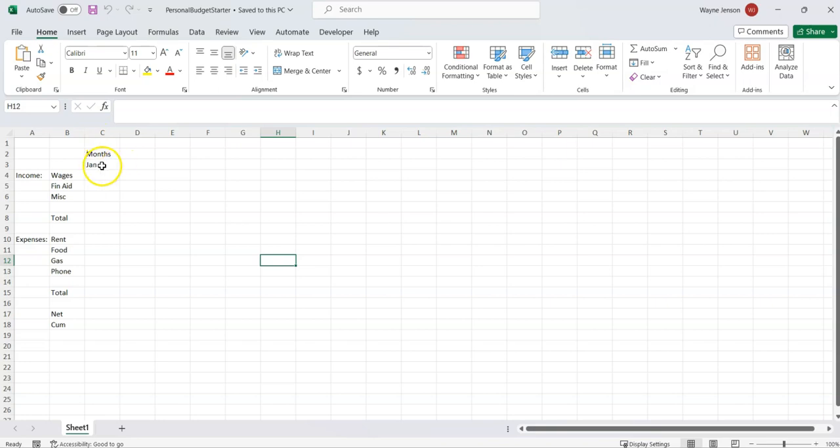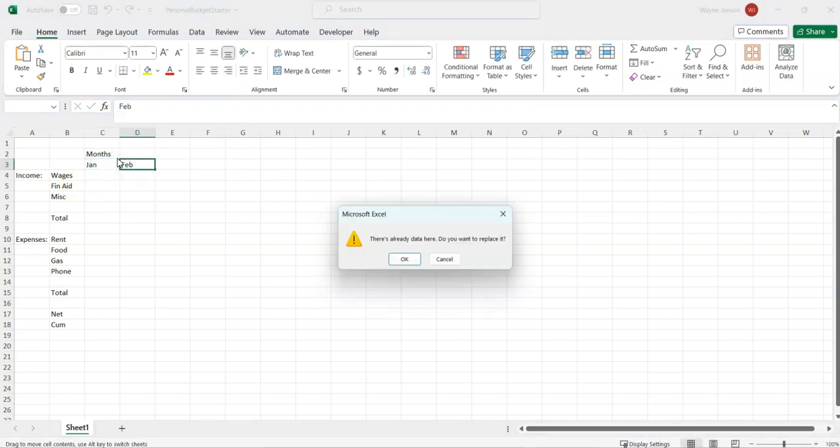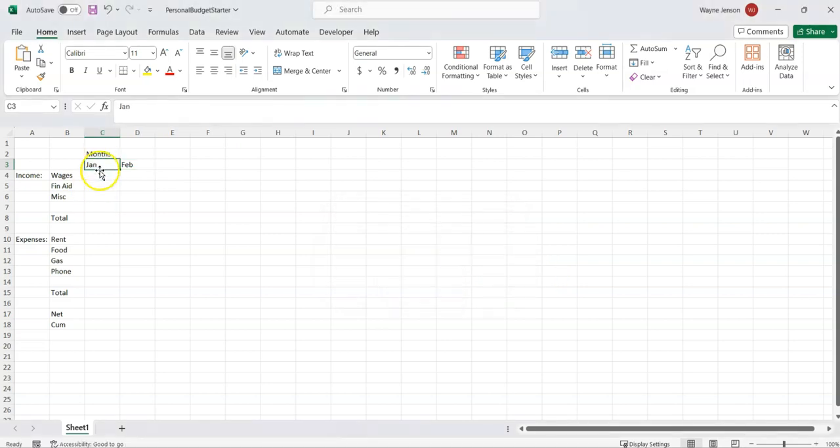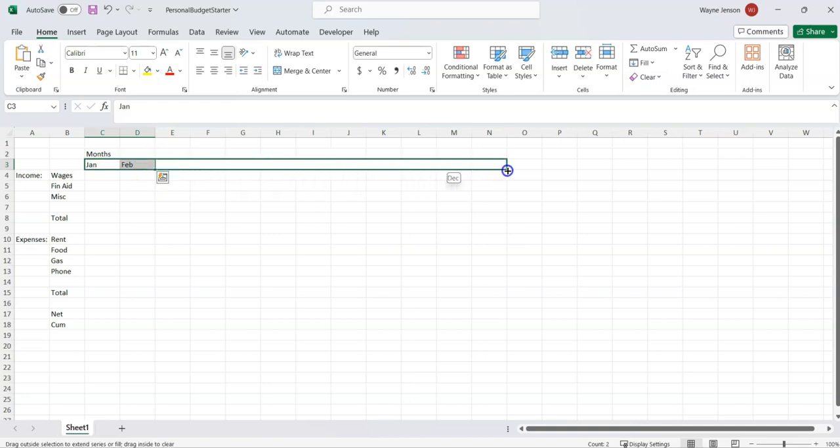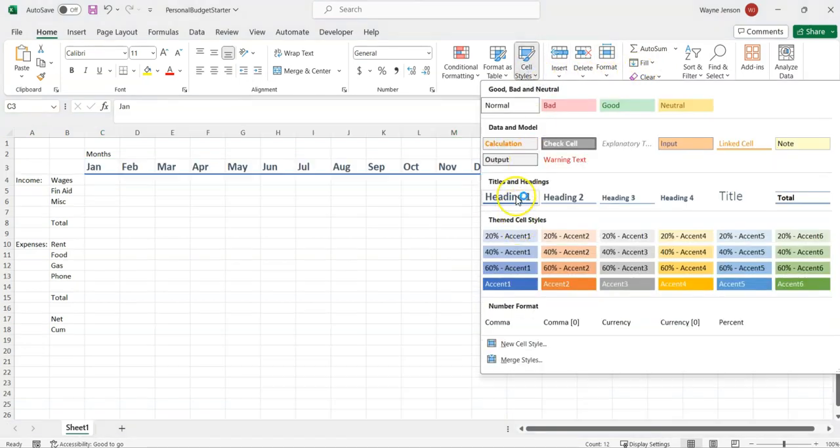So the first thing we're going to do is fill in the months here. If we select the active cell as D3 and type in February, and then we can highlight that range of cells, and then use the fill handle to pull that all the way over to N. And then we're going to change the cell style to heading 1,